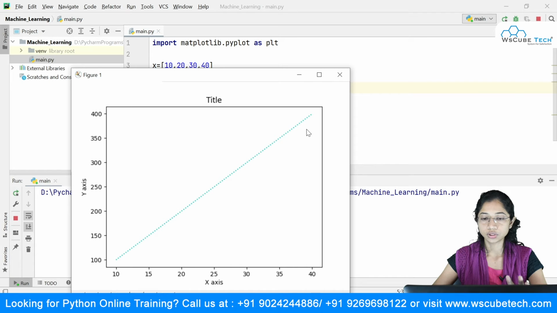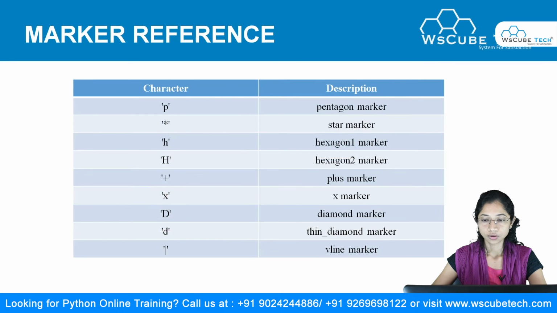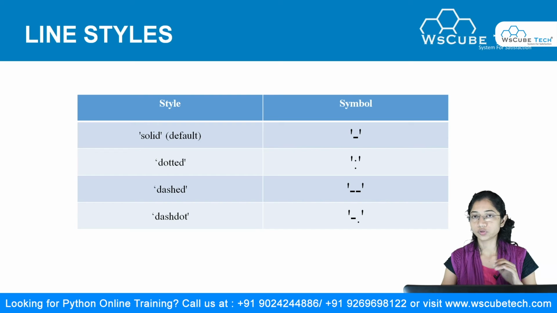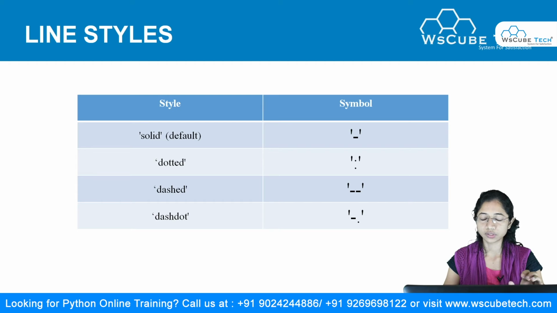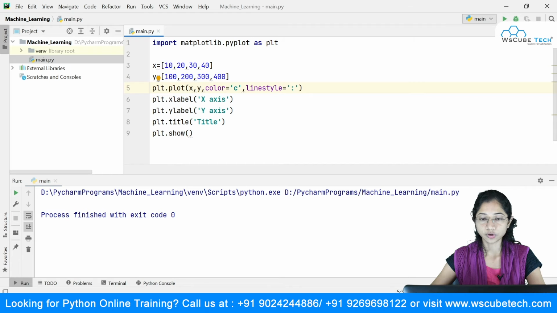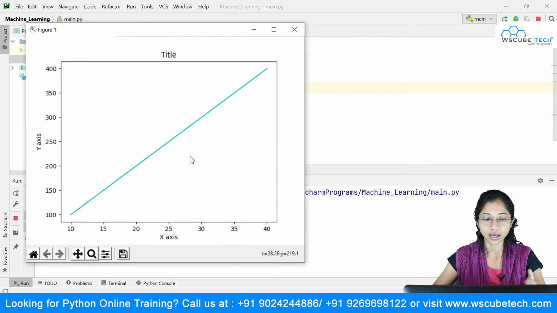So this is the dotted one, you can see that I got this dotted line style over here. This was about the line styles we have, and inside the PPT also you can see this. This was about the line styles which I just showed you guys with the practical implementation. The solid one was the dash which we were using, then we have dotted, then dashed, and then dash dot. All right, moving on to next. If I don't mention it, then I will get the default one, that is this dash line over here.